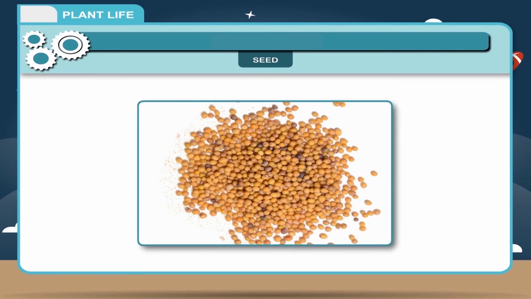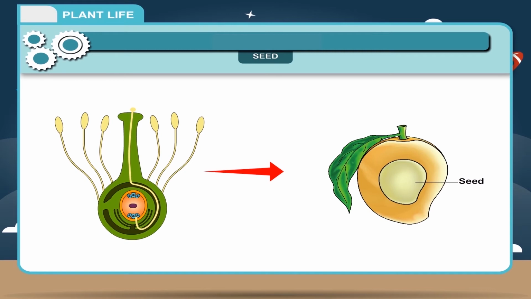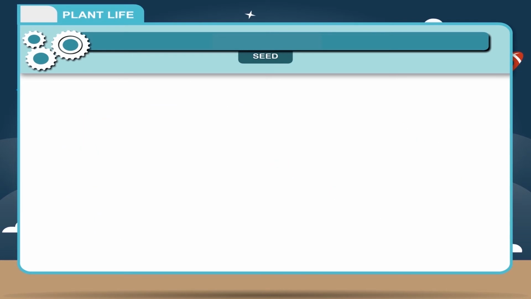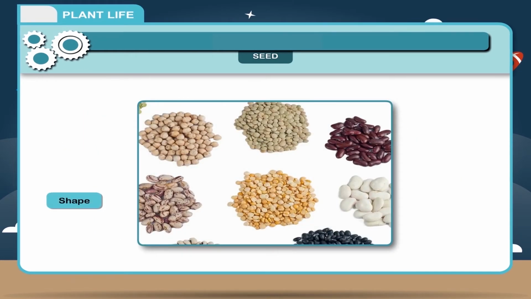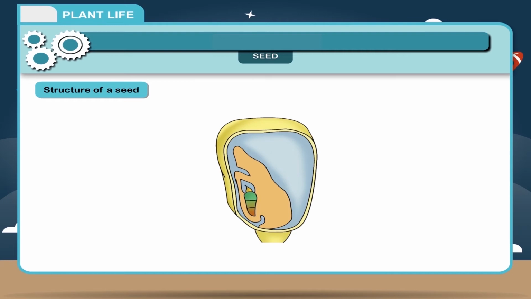Seed. A seed is a fertilized mature ovule. A seed is formed as a result of fertilization of an egg with a male gamete within an ovule. There are great variations in the shape, size, color, and surface of seeds. Structure of a seed. The seed consists of an embryo, one or two cotyledons, and a covering called the seed coat. The embryo bears a radicle at one end that on germination develops into the root, and a plumule